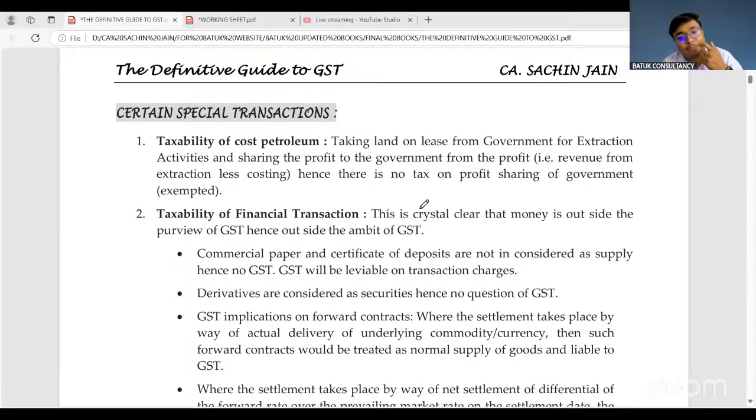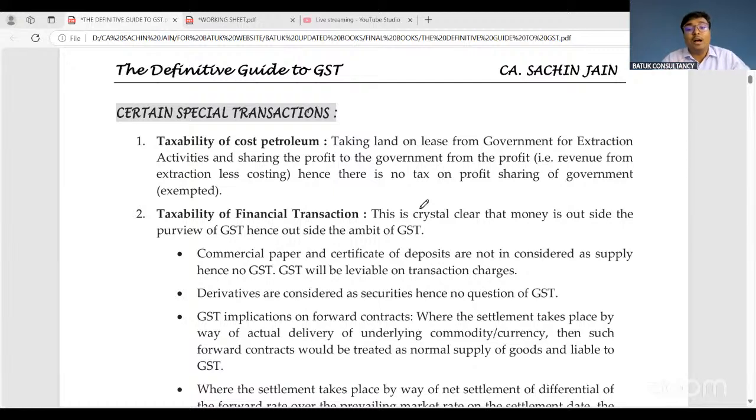In case of interstate supply, the laws are decided by Parliament. Article 246A, sub-clause number 2. A 75% majority is required, and they are going to resolve disputes, distribute the revenue, and also work on compensation of loss to the states. Then we started our discussion from the first trigger point related to applicability of GST. Why is this a trigger point? Because through this point we decide whether GST will be applicable or not. Hence, the first trigger point related to GST is supply.